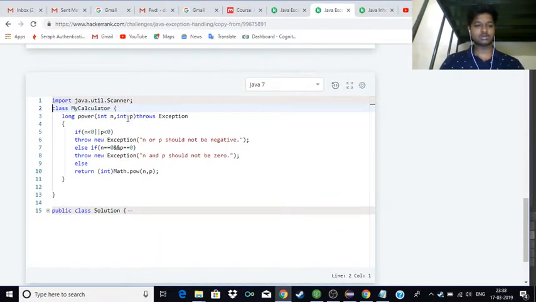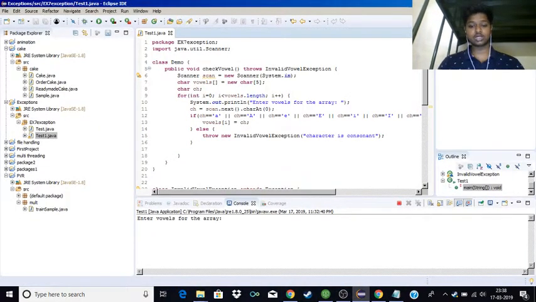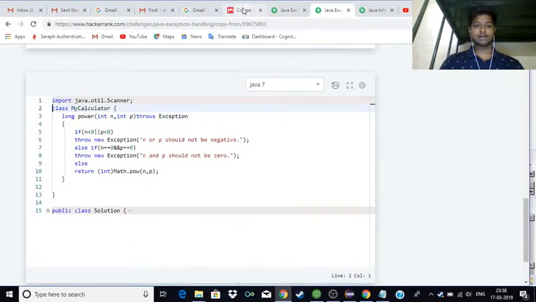I'm taking the values, I'm throwing an exception if there, and if n is less than 0 and/or p is less than 0, I'm showing that n or p should not be negative. Else if n is equal to 0 and p is equal to 0, it should not be 0 also. Else I'm returning the value Math.power n to the power p. Okay, so this was the question that I've been given, and now the third question that I was given was